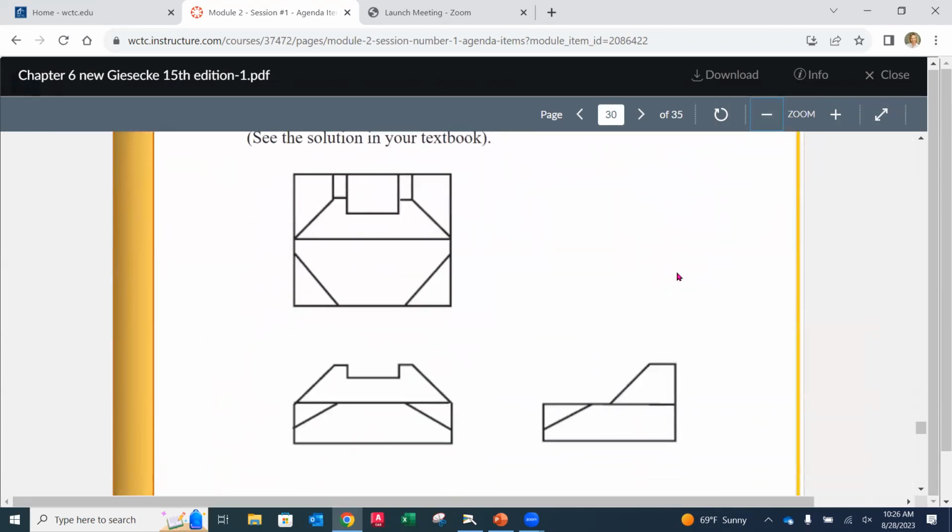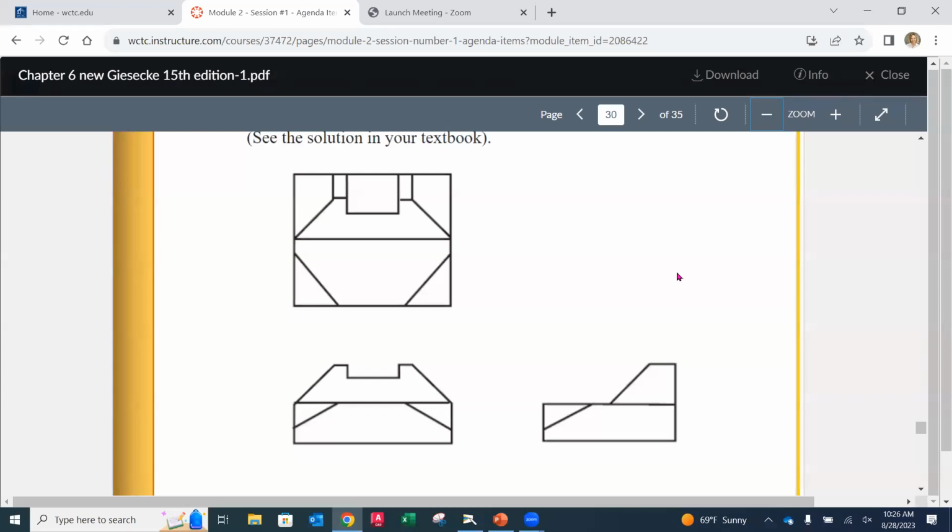But let's say we have a part like this and we just have our three views, front, top, right side view. As we get better and better at this visualization thing, when we look at a part like this, you start trying to figure out what the high parts are and what the low parts are from the front to the top. Now, if we go towards the end of the chapter, there is an answer key for this. We go to page,